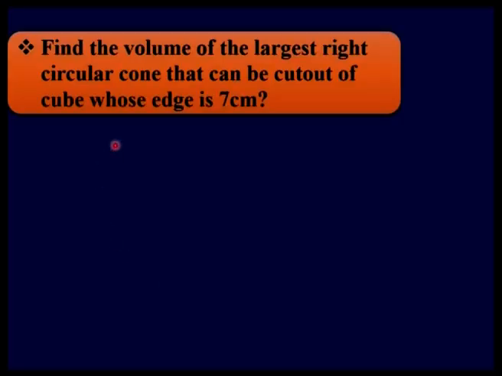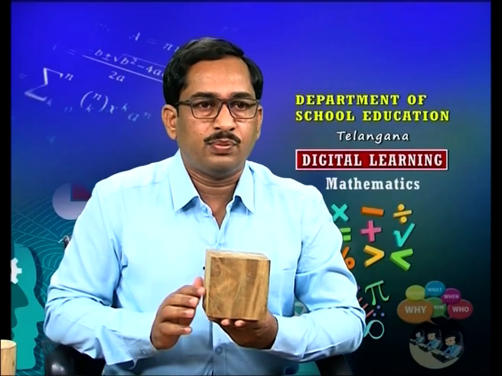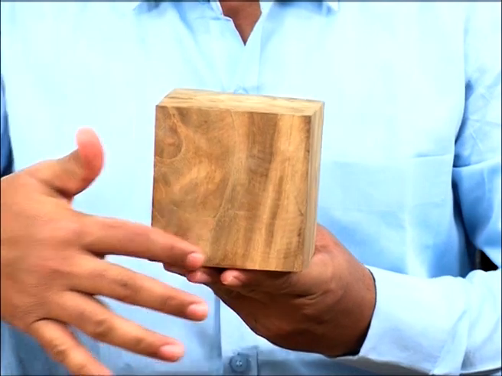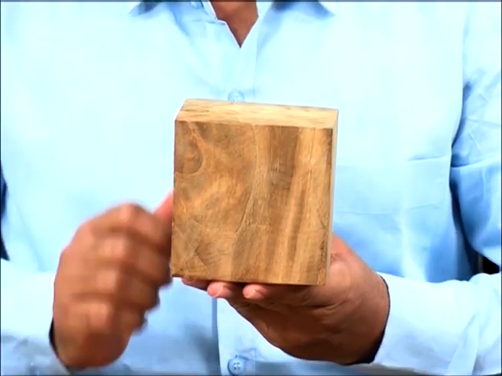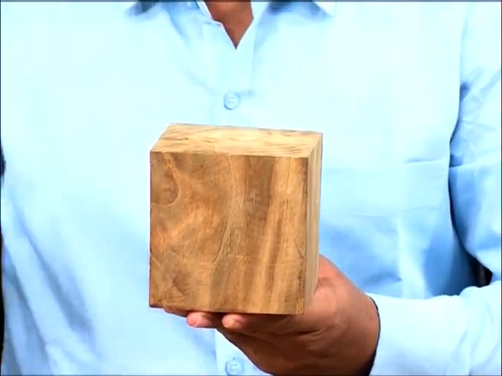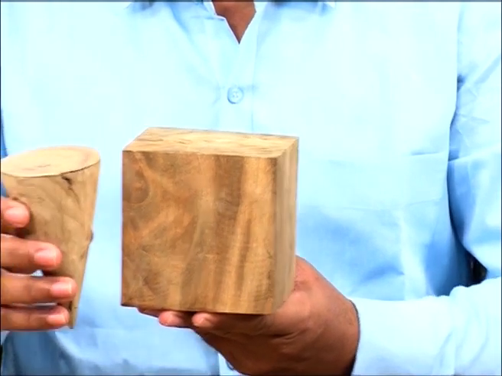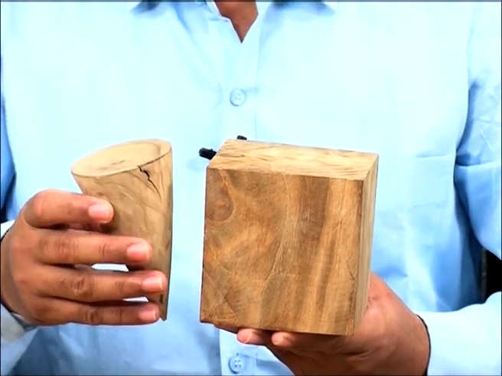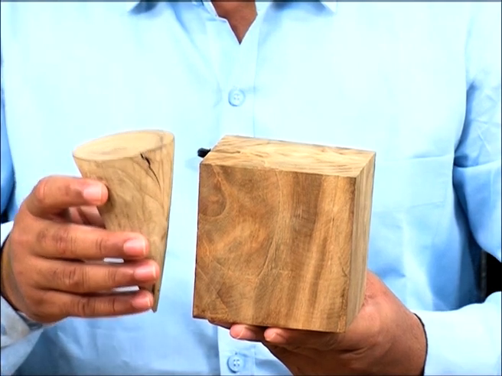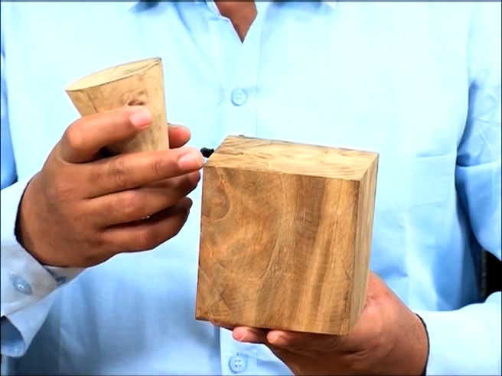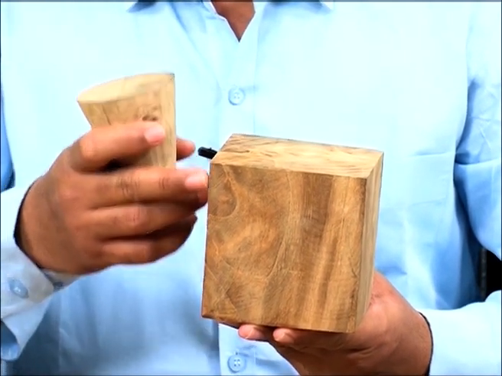Next, find out the volume of a largest right circular cone that can be cut out of a cube whose edge is 7 centimeters. So children, suppose this is a cube whose edge is 7 centimeters and we have to cut out a cone from this cube. Children, suppose this is a cone that is cut out from the cube. And what is the height of the cone, children? Yes, the height of the cone is same as height of the cube,